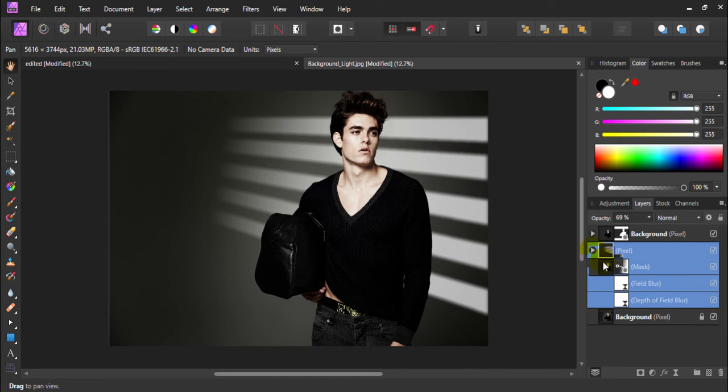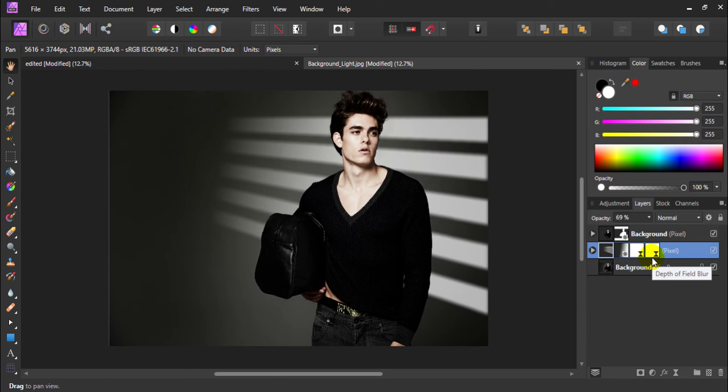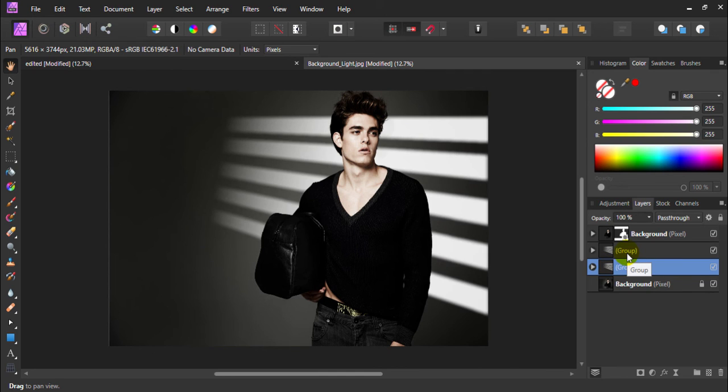So what you can do is make a group of all these layers by pressing Command or Ctrl G, and then make a duplicate copy of this group by pressing Command or Ctrl J, and then again make a group of both groups. Okay, so I hope you have not misunderstood anything. When you see that I make a duplicate copy of this group, the intensity of light is increased.